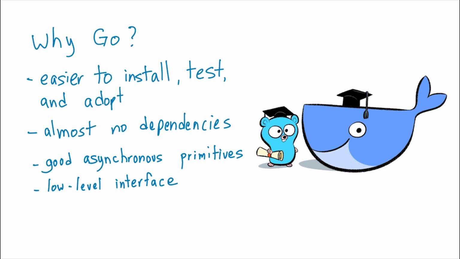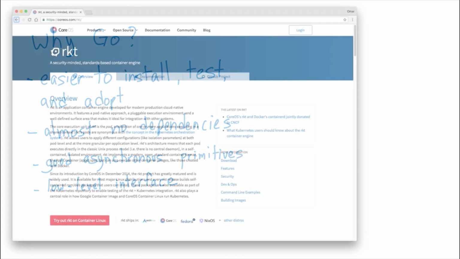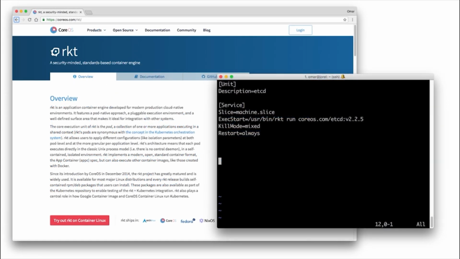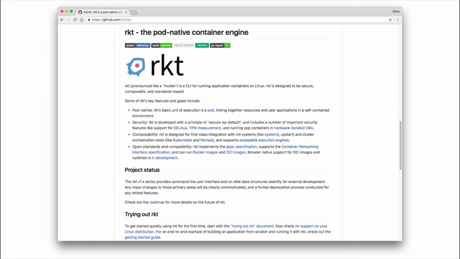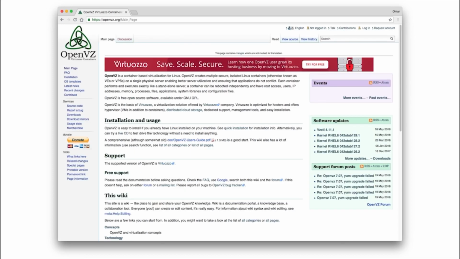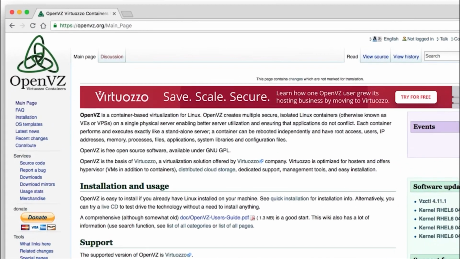Another popular container technology or package is Rocket. You can get information about Rocket and the source code at the GitHub repository that I'm including here. Another container package is called OpenVZ, and it's not as popular as Docker or Rocket, but it is making its rounds nowadays, right? I'm sharing the website where you can get the code and more information about OpenVZ.